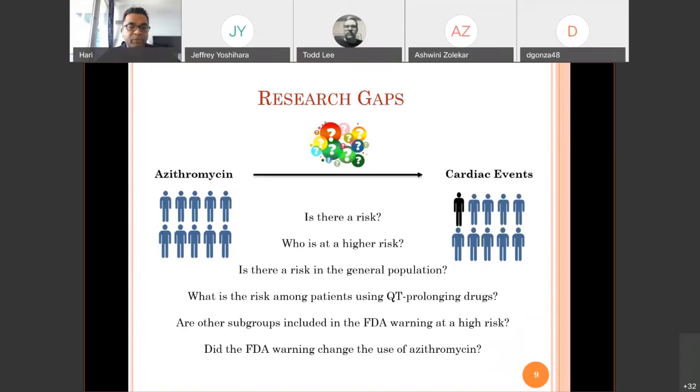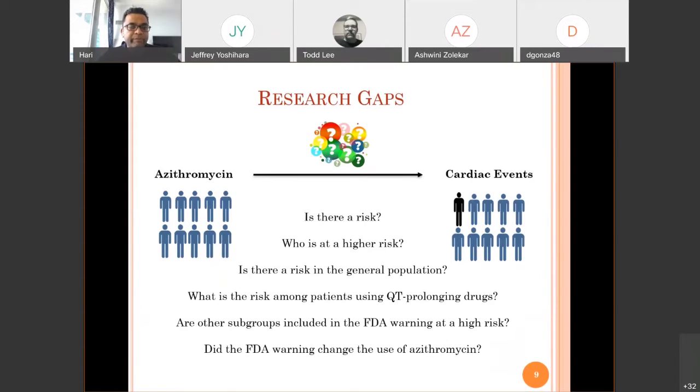So the previous studies that I've shown looked at either the VA or Tennessee Medicaid population, very, very specific populations, but those normal individuals between the ages of 18 to 36 or 18 to 45 weren't included in these types of studies, and they tend to be sicker populations that were evaluated.